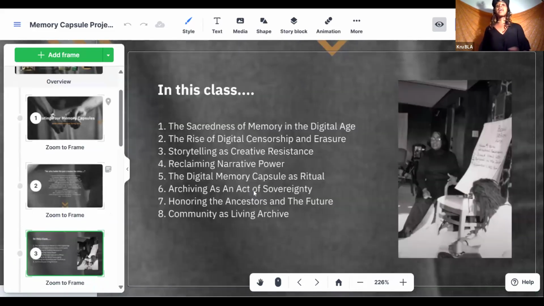Okay, y'all. So in this class, we'll be talking a little bit about the sacredness of memory in the digital age, the rise of digital